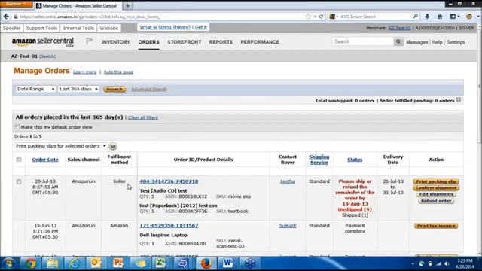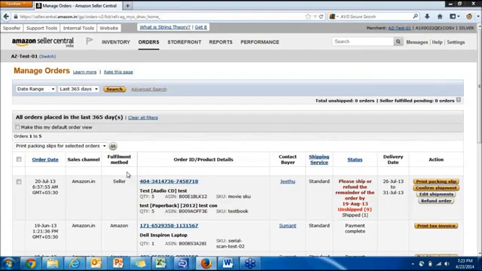So for those of you who do not know what an FBA order is, Amazon has a product called FBA or Fulfill by Amazon. Sellers who have taken that product, they can send their products to our warehouse in advance, and whenever they have an order for those products from a customer, Amazon ships out those products on seller's behalf.